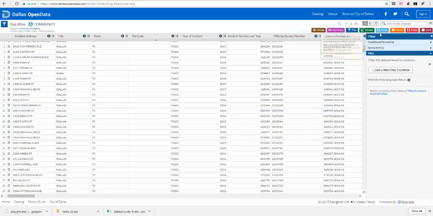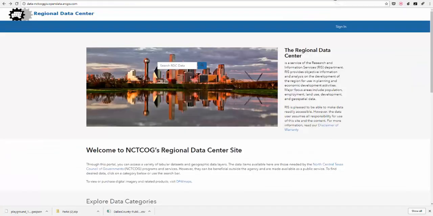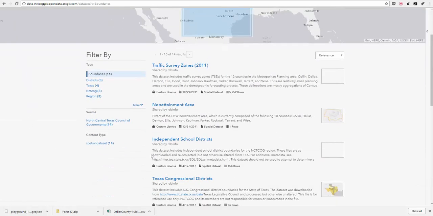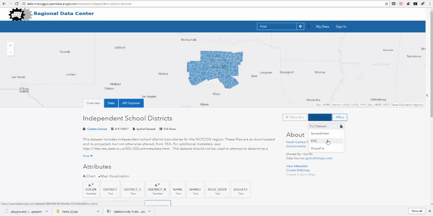But you can export these, and it will give you these different options, one of which is CSV. The North Texas Council of Governments also has its own data center, and you can look at boundary files here. So if you wanted to see independent school districts within the Council of Governments, you can download these same files that you're using in my system, KML or shapefile,